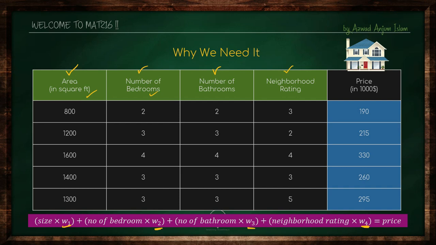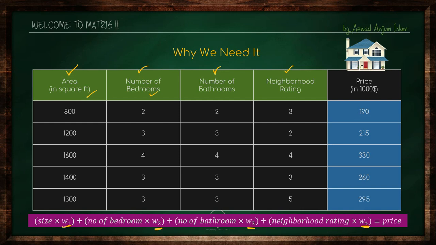We are going to collect the data of many houses and try to determine the values of these features, the weights of the features from this, right? So this is the data of 5 houses. We can say that if we have 800 square feet and 2 bedrooms and 2 bathrooms and the neighborhood rating is 3, the price is